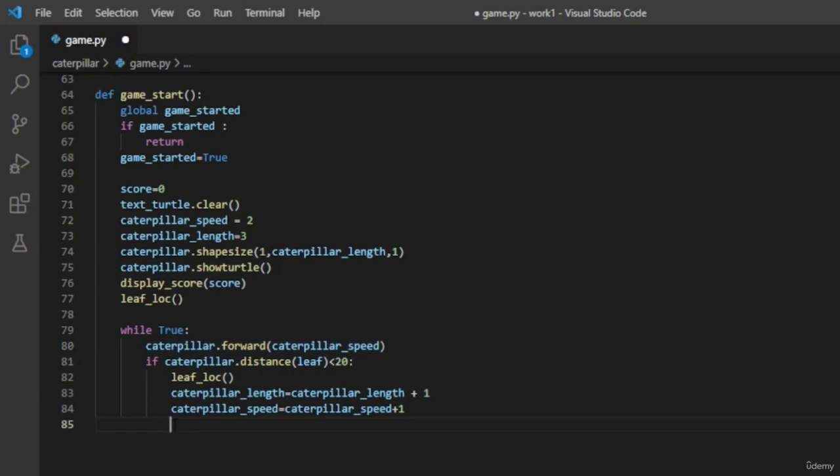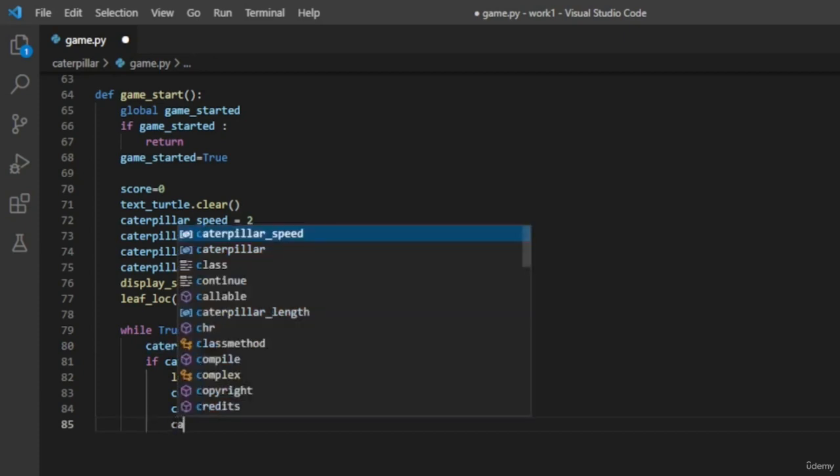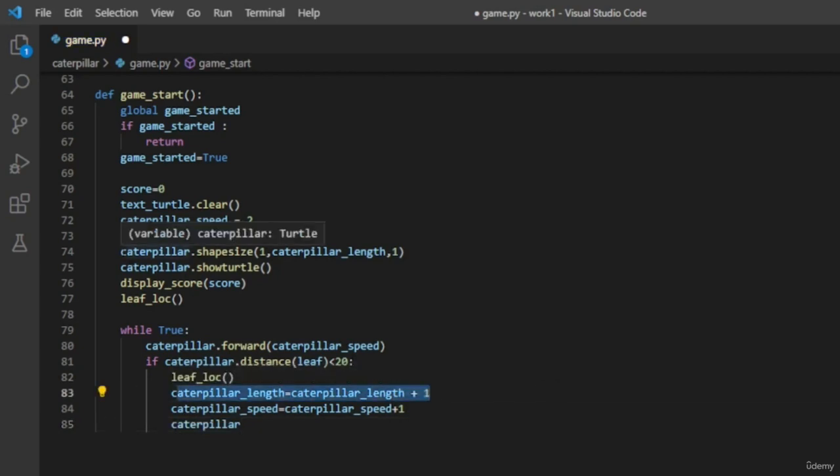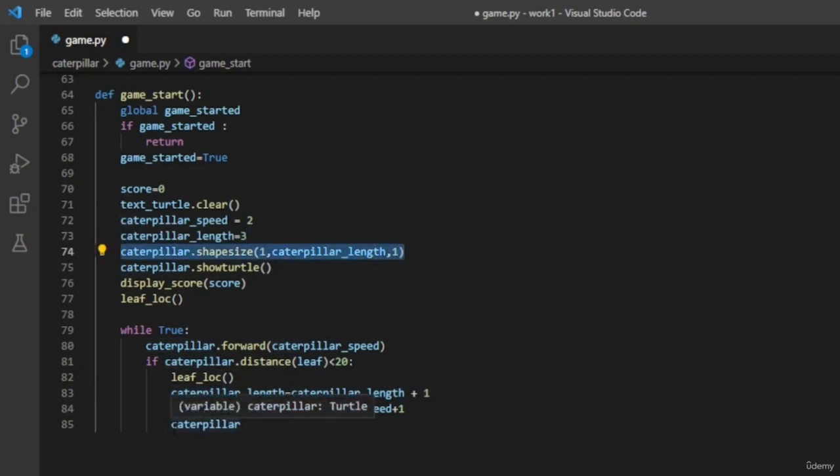Take care that the direction will be controlled. Now another thing comes: as soon as your caterpillar length increases, you need to just resize your caterpillar. So here we are taking this shape size function, we'll copy it. Now we will resize it, reshape the caterpillar, because the caterpillar shape will only be increased if we have not given